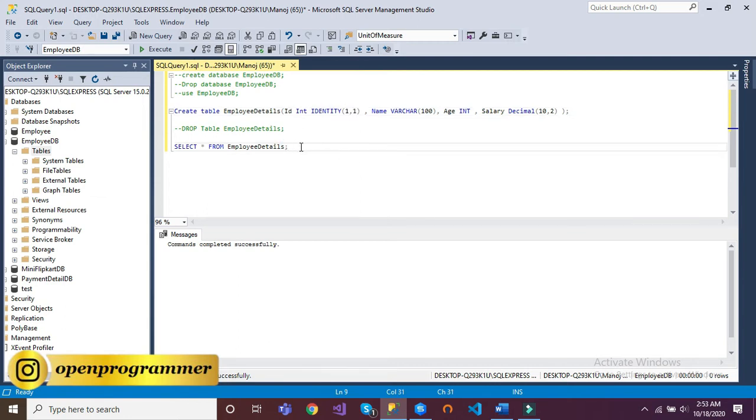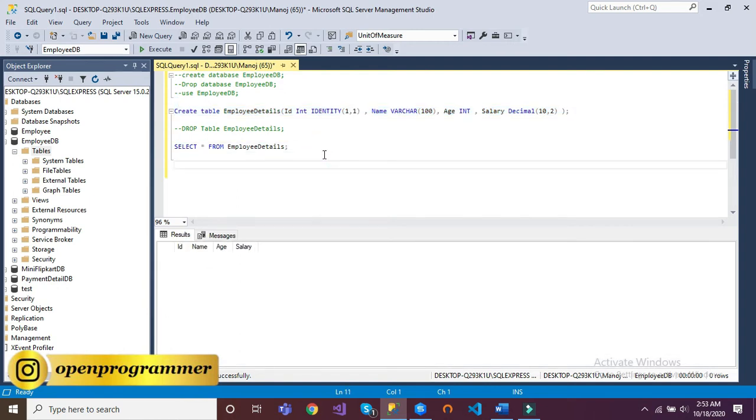Let me show you how to do this. Let me create it again. Select the command. Now comes how to insert the data in this employee details. So there is a command, insert into table name.